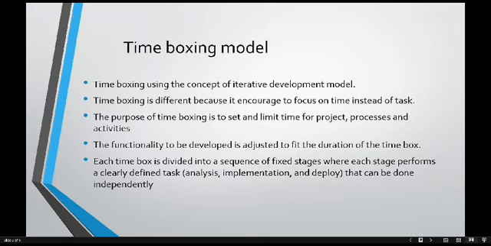The development is done iteratively. Each iteration is done in a time box of fixed duration. The main purpose of time boxing is to set the time for a project, process, and activity. The functionality to be developed in an iteration is selected in a manner that it can fit into the time